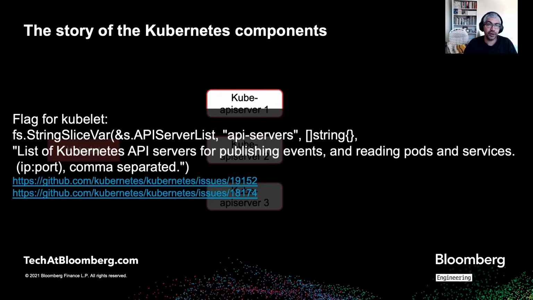So this is very early on. We're starting one of our very first chaos engineering experiments. And this is very simple. You can do this using Chaos Monkey. You can do this using any number of tools. You just take down an API server. And what we found was that kubelet always connected to the first API server. And if the first API server went down, kubelet would lose connection with the API server and then not be able to do its thing.